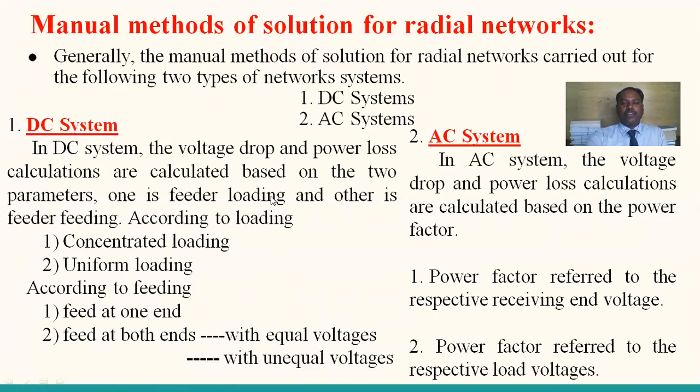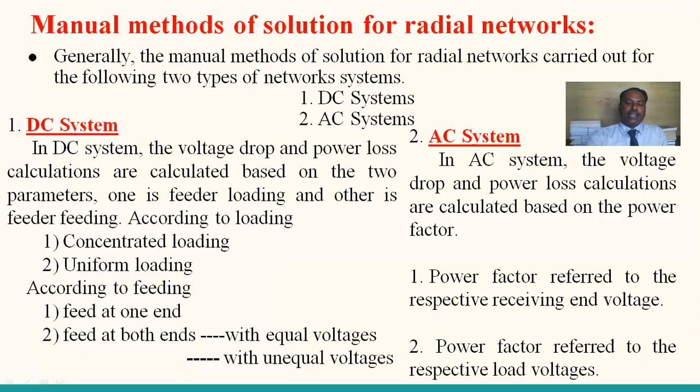The general awareness in unit number 1, and unit number 2 covers the DC system as well as the AC system, and the classification of the DC and AC systems. So you take any one of these and represent how the voltage drops are to be calculated. It will be a diagram. Yes. With this, the manual methods of solution for radial networks is over. But I am once again saying, you have to take one example in the DC system as well as in the AC system and represent your feeders,